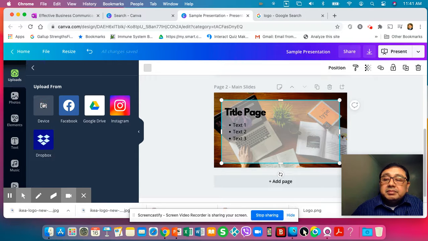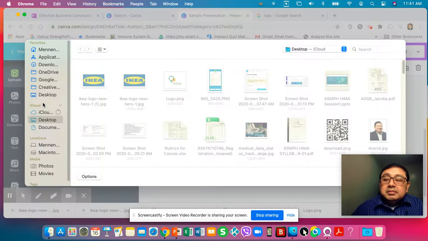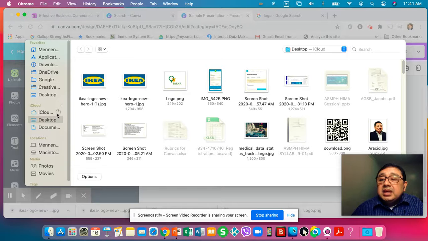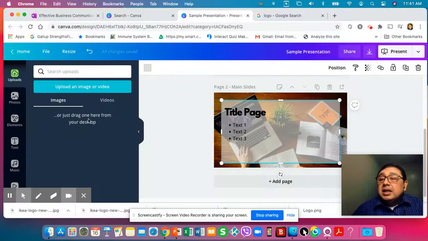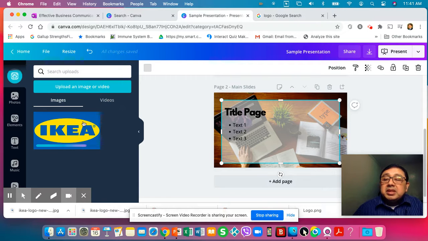Okay. And then in my case, I'm now seeing the logo I just downloaded and I put it in my desktop. So when I click that part, okay, and then I click OK,